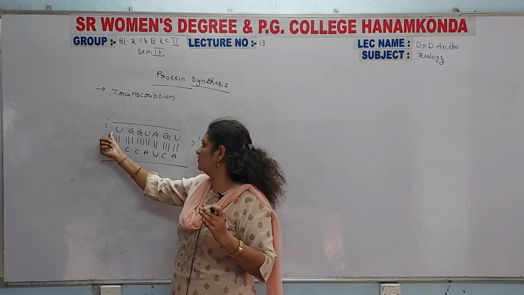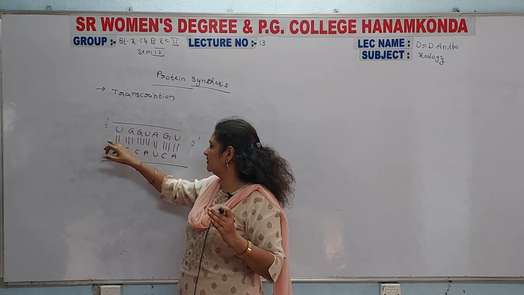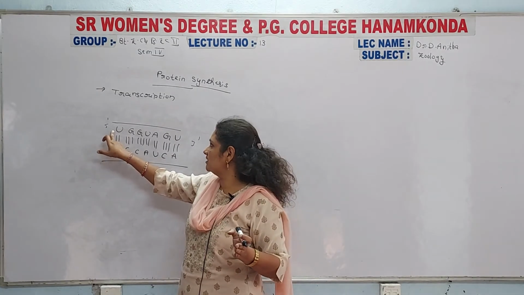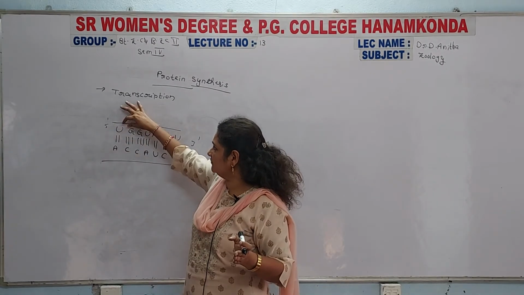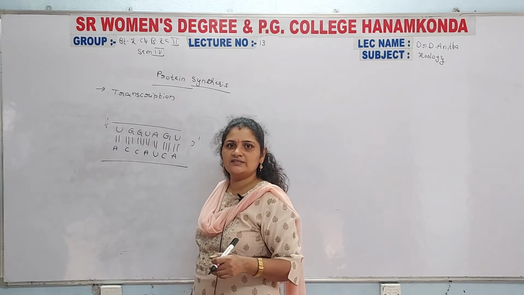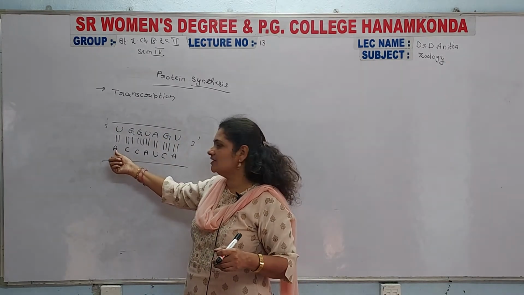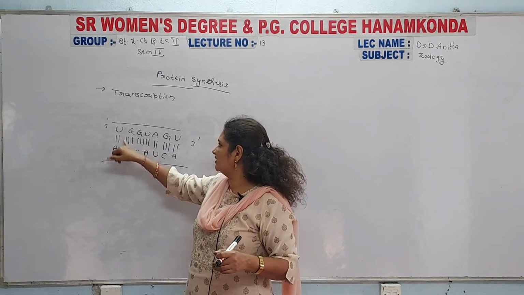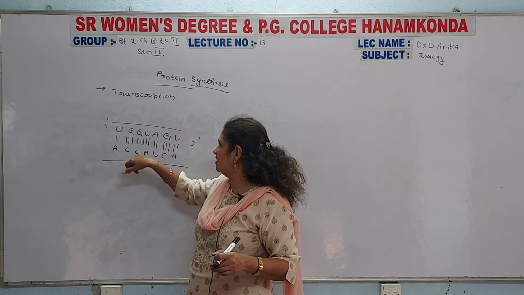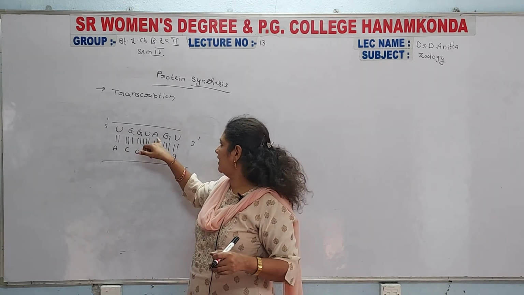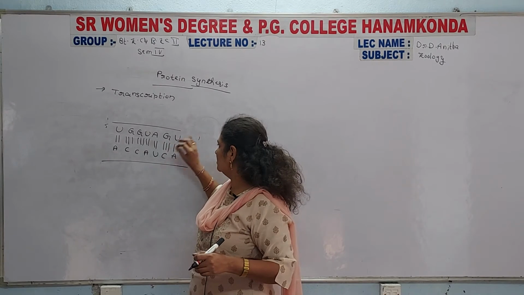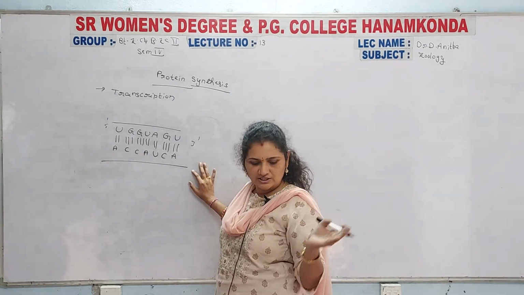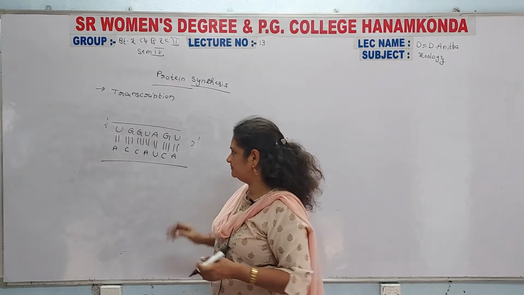So instead of thymine, the RNA is going to be transcribed with uracil. That is the main sign for uracil, which is mainly in the structure of RNA here. So uracil pairs with adenine, guanine with cytosine, again guanine with cytosine, uracil with adenine, adenine with uracil, guanine with cytosine, and uracil again with adenine. In this manner the mRNA chain is transcribed.